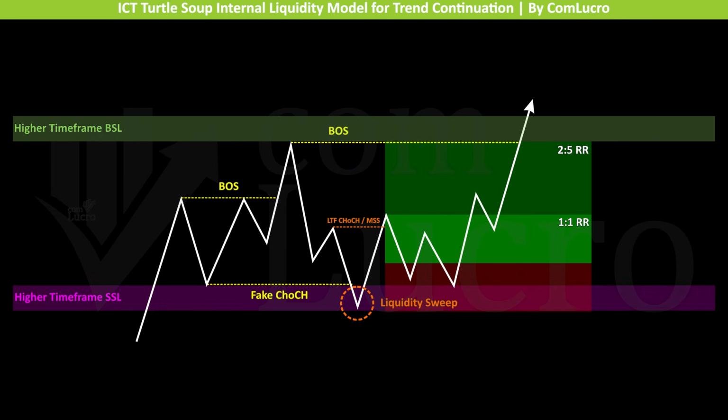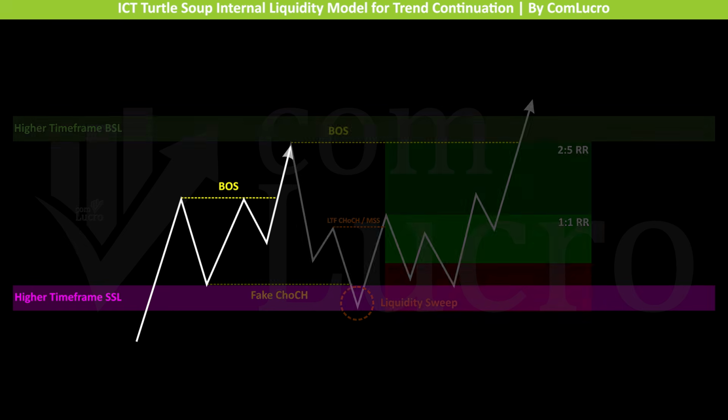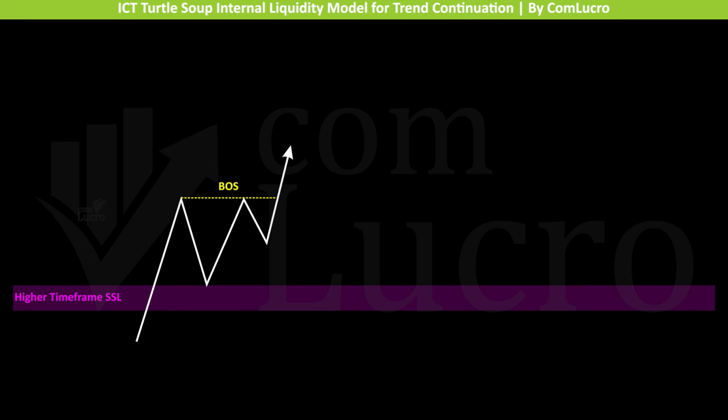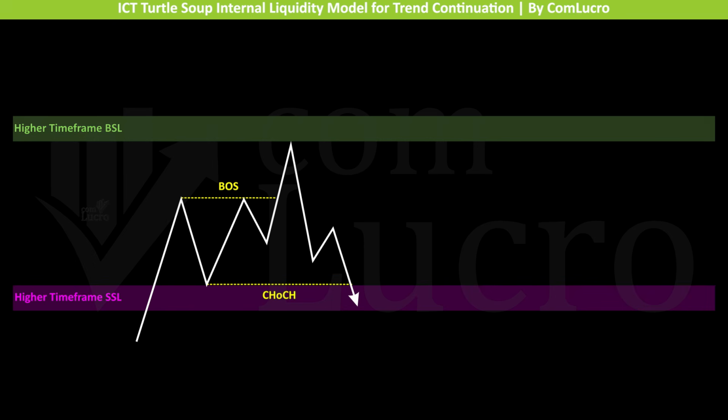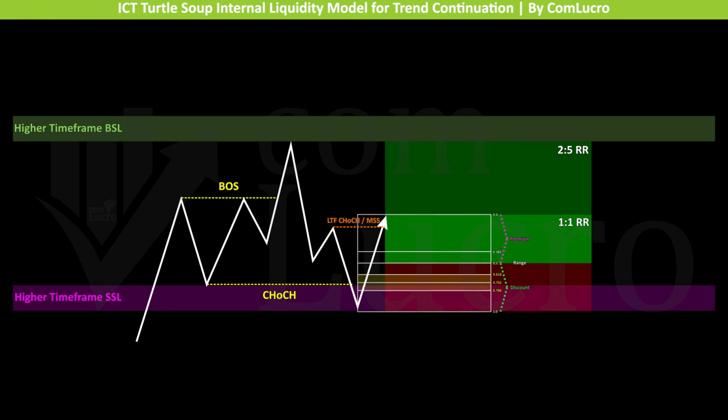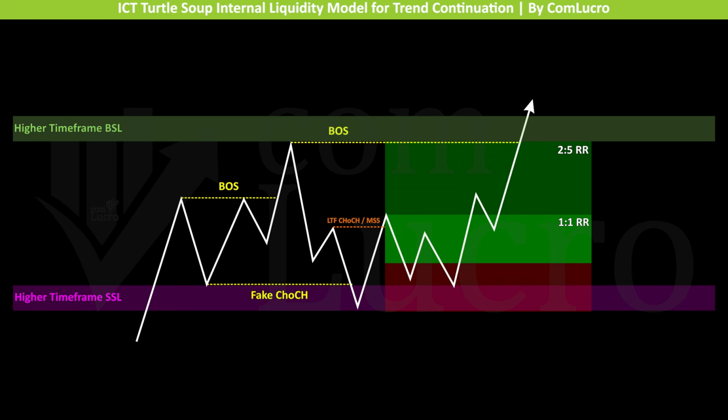Now, let us explain the ICT Turtle Soup setup within the context of an internal liquidity sweep in a bullish scenario. This setup appears when the market is already trending in one direction. Instead of reversing the entire range, price forms a temporary pullback, sweeps internal sell-side liquidity during that retracement, creates a fake change of character or fake market structure shift, and then resumes the main bullish trend. In this context, the Turtle Soup setup becomes a continuation entry rather than a full reversal, as shown in the